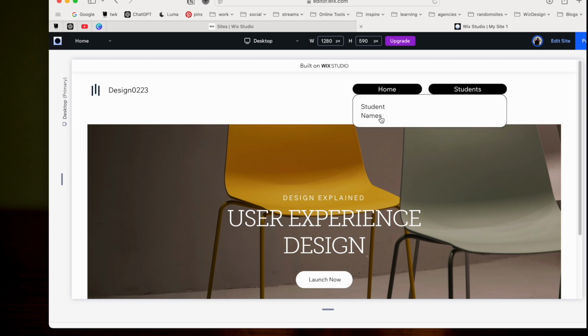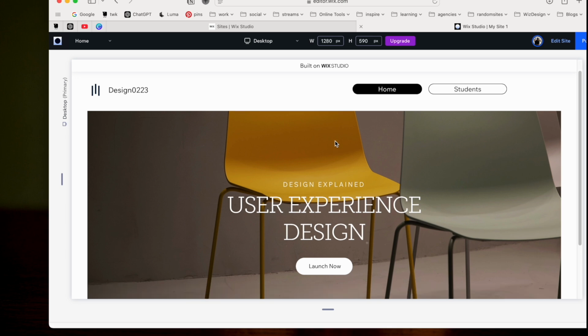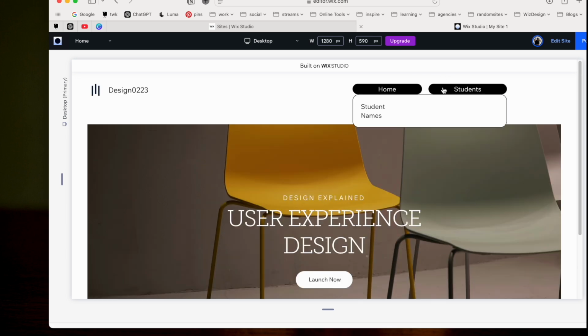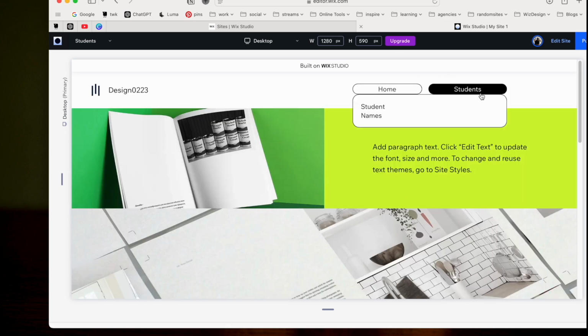Now, if you go to the students, when you click on students, you can see that there is a sub menu coming there, which is called student names, right? So that's how we connect it. If you click on students, it will go to the student page, but there is a drop down there as well, right? So this is basically how you get started with Wix Studio. Explore this, try to actually talk about, see all the